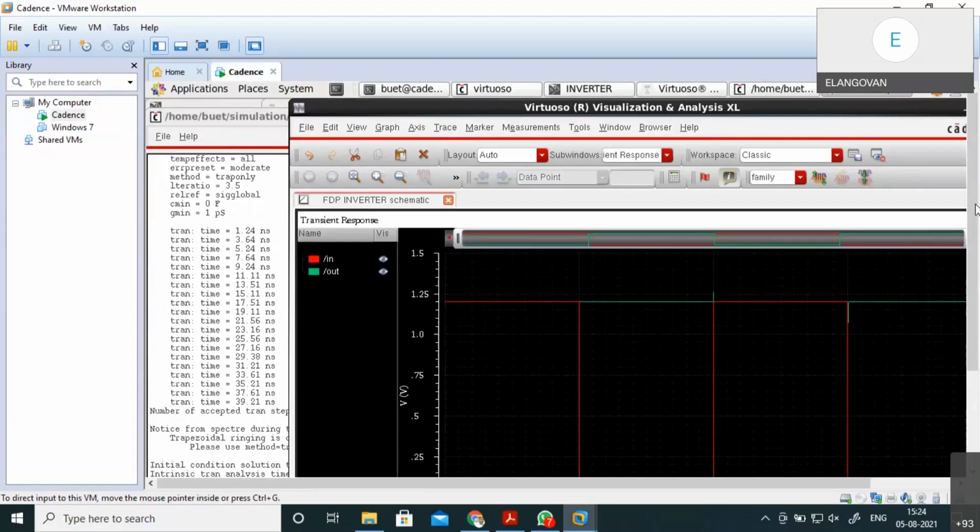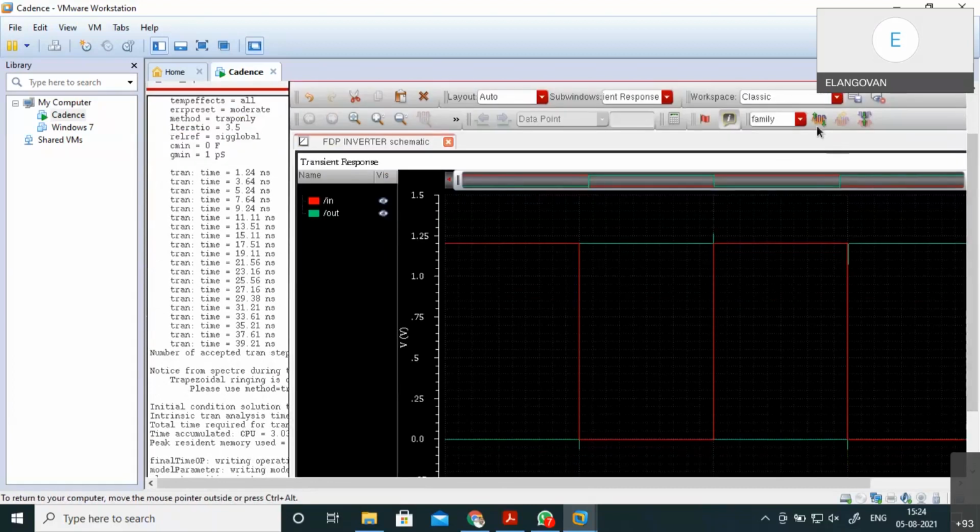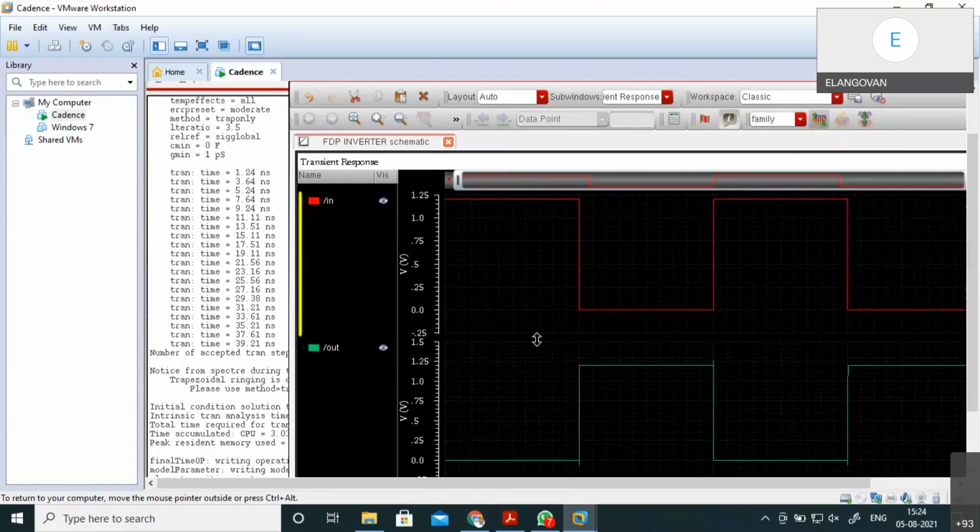Yeah, so this is our output waveform. You can see here you can split the waveforms. What I applied as input is 1, 0, 1, 0. Why I kept 40 nanoseconds for the running time, I mean transient time, is that each bit occupies 10 nanoseconds. That's why. Okay, so this is my input and the opposite output I am getting. You can see, right?